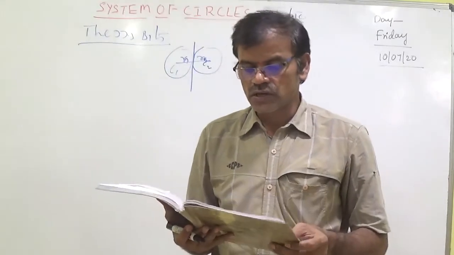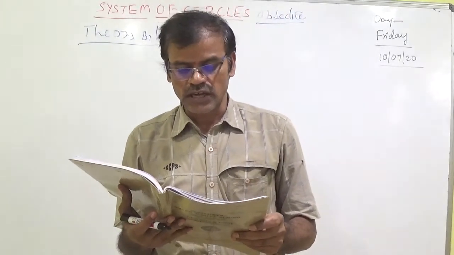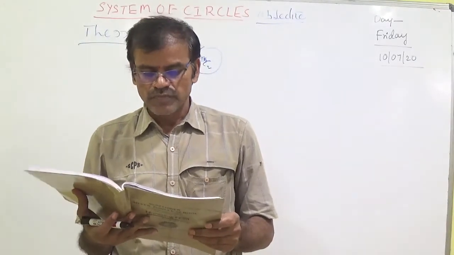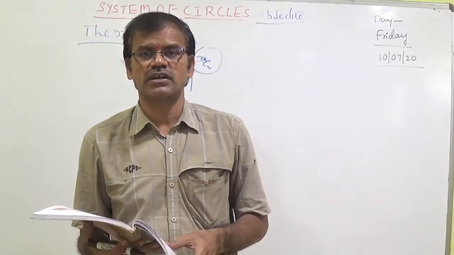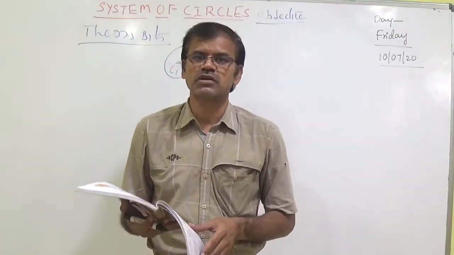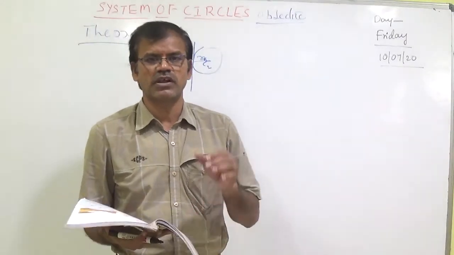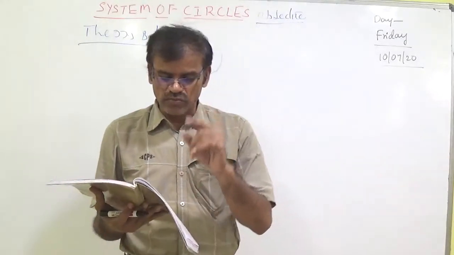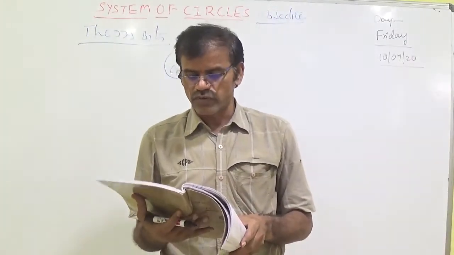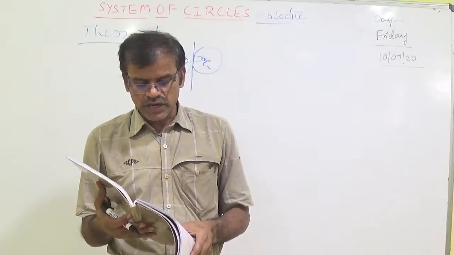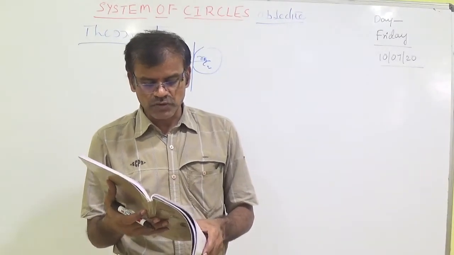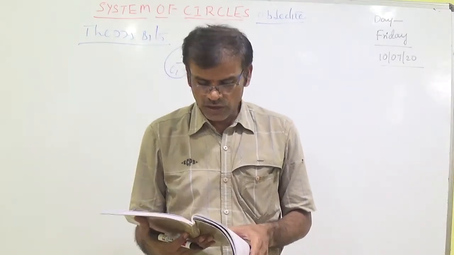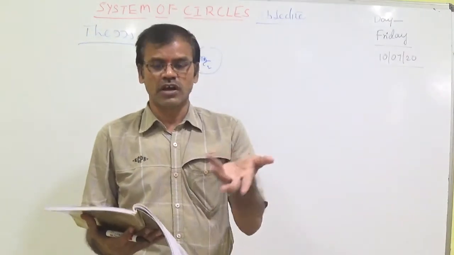Next, second question: the number of points such that the tangents from it to three given circles are equal in length is. Yesterday I said the formula that there exists a unique point such that the lengths of tangents from the radical center to the three circles are equal. So it is here 1 point, which means option 1. Now the circle with the radical center as the center and radius equal to the length of tangent from the radical center to any of the three circles will be orthogonal to the three circles.